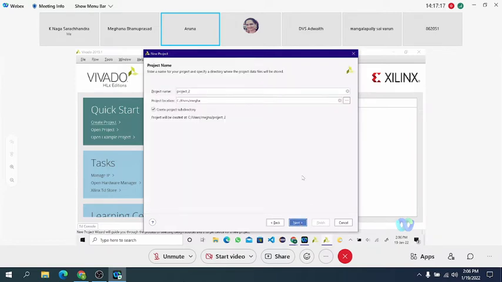So here the project name should be there. That is user defined. Any project name can be given. And the project location you can see there the